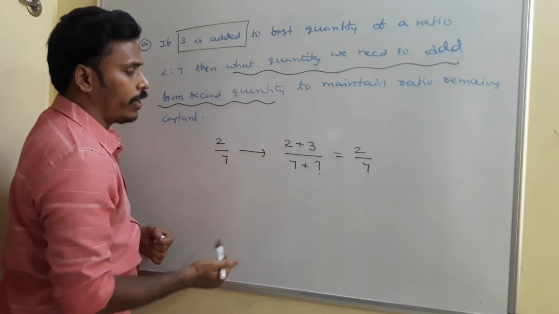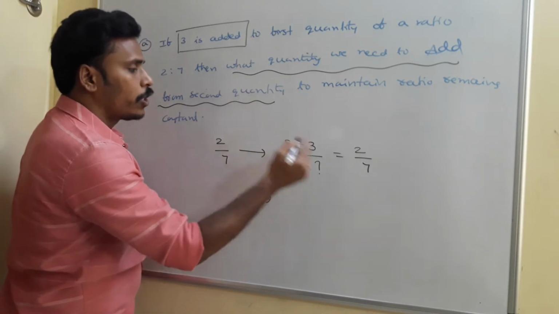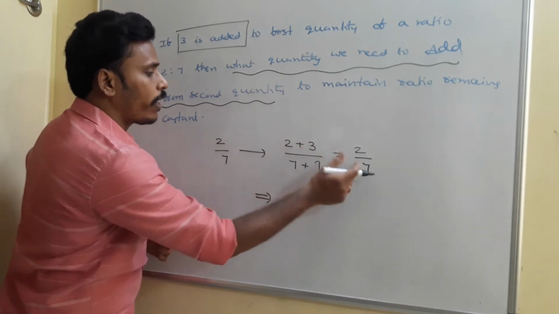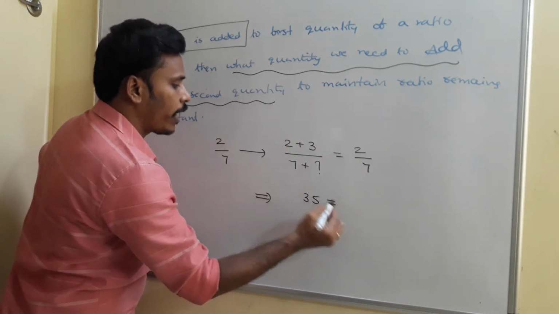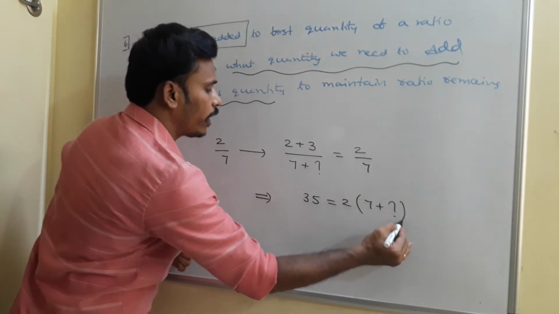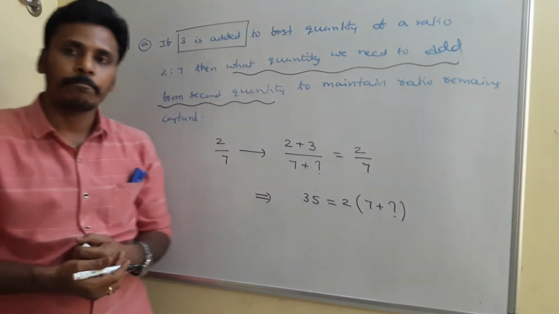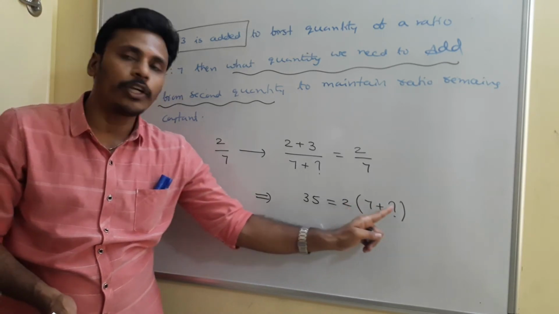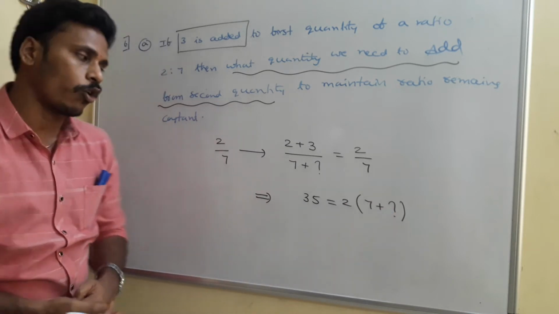So you need to simplify it. So this implies you need to do cross multiplication. Okay, 2 plus 3 is 5 and this is 7. So 5 sevens is what? 35. And this is equals to this side 2 times 7 into that question mark what we need to find. And now think about that. 2 sevens is what? 14. And 2 into question mark. We need to find that question mark, okay?